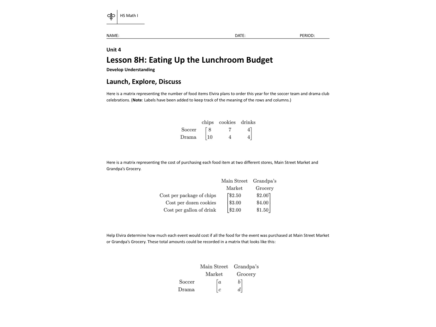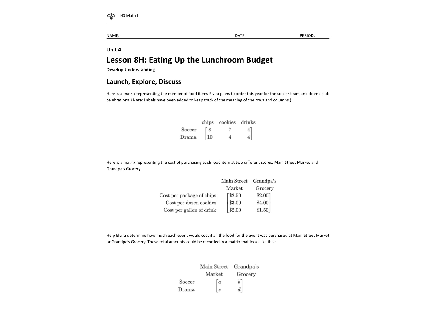This is the video notes for Unit 4, Lesson 8, Honors, Eating Up the Lunchroom Budget. So we have a matrix here that represents the number of food items Elvira plans to order this year for the soccer team and the drama club celebrations. And note that we have added labels to keep track of the meaning of the rows and the columns. Okay, so normally we wouldn't add labels on a matrix, but we want to just keep track of what's going